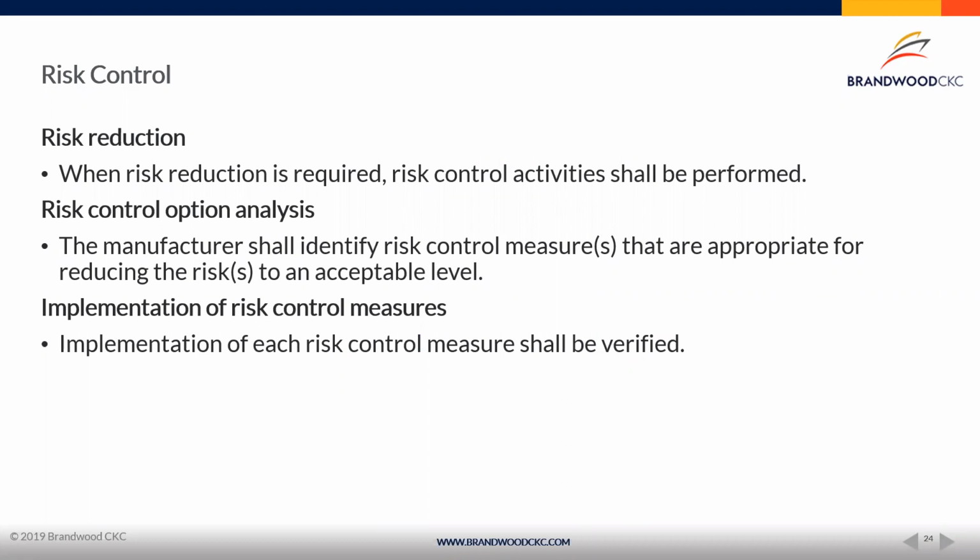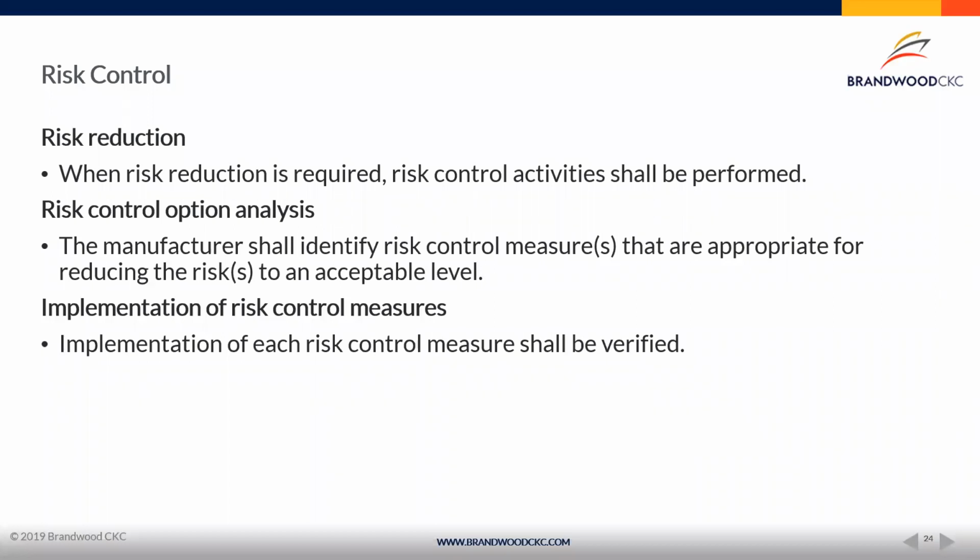And again, you do your analysis, you look at the severity, you look at the probability, and you've identified that this is an unacceptable risk. It's a high risk. You need to put some risk control into it, unless no other controls can be put in place, then you might have to make that establishment. If it's a high or unacceptable risk and you can't control it, then I don't know if you have a medical device that would be seen by a regulator to be acceptable,